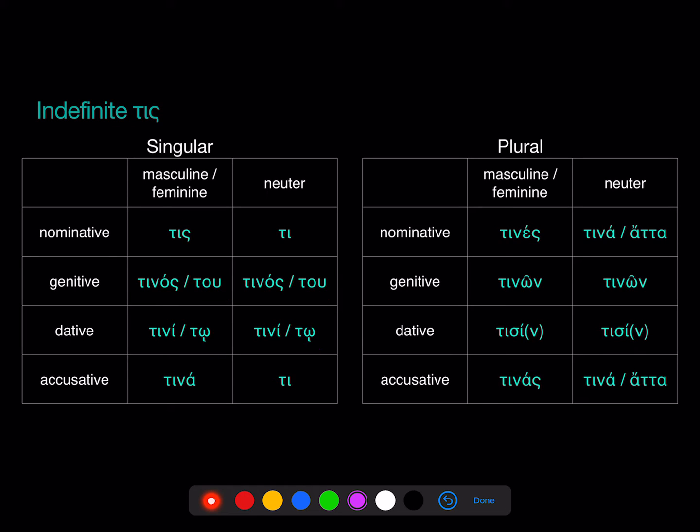Contrast indefinite tis, which is an enclitic. And as an enclitic, it doesn't have an accent of its own. In a chart, all the disyllabic forms are printed with an accent over the ultima, but the truth is they're going to follow the rules for enclitics, so you're not always going to see that accent there. So when disyllabic enclitic tis does have an accent, that's where it's going to be, but it's not always going to have that accent. The one exception, of course, are these forms here, which actually are not enclitic. They have their own accent.